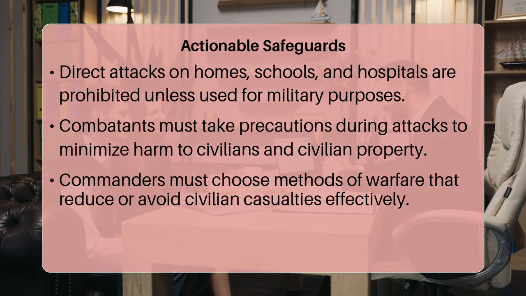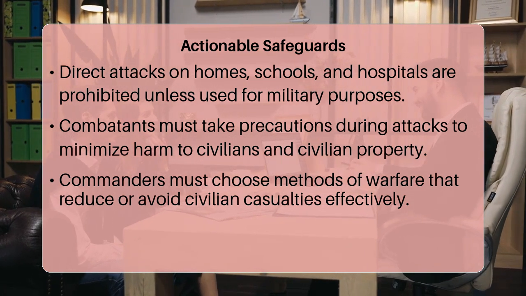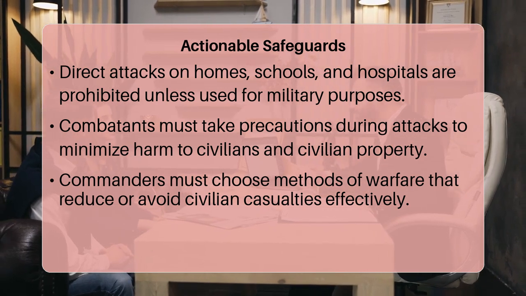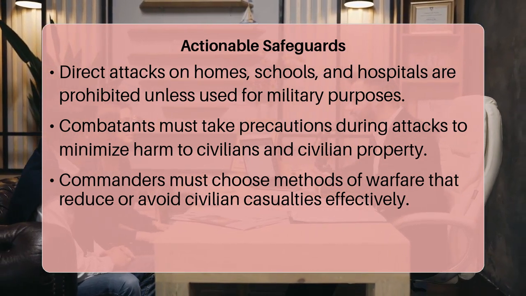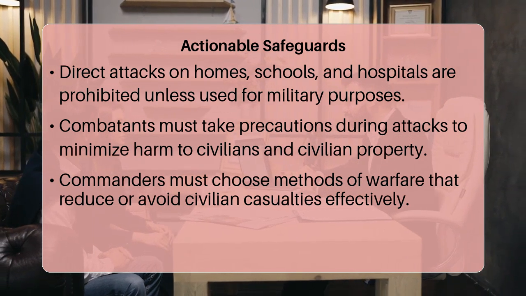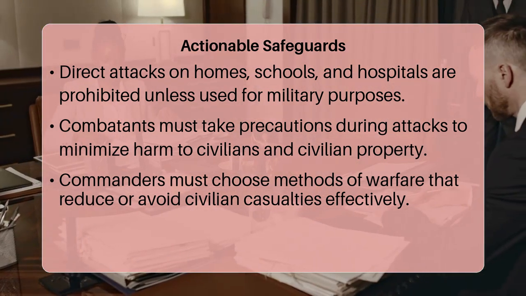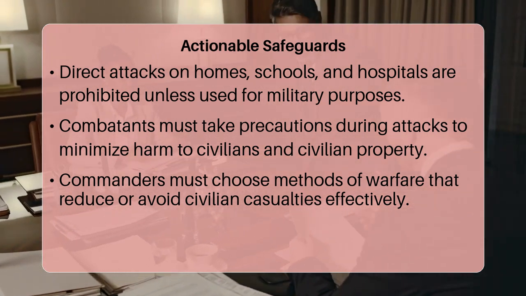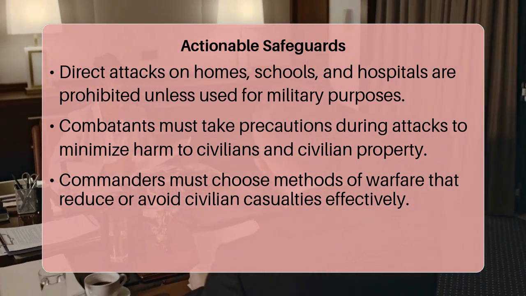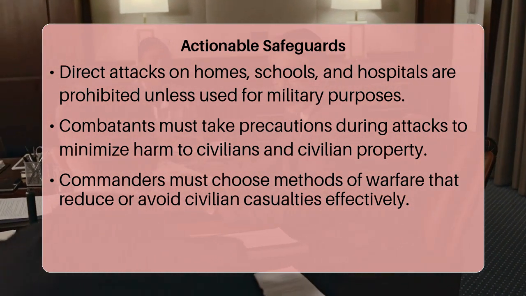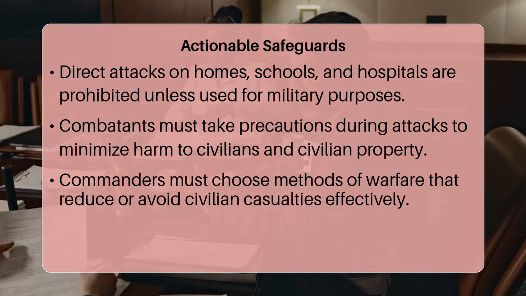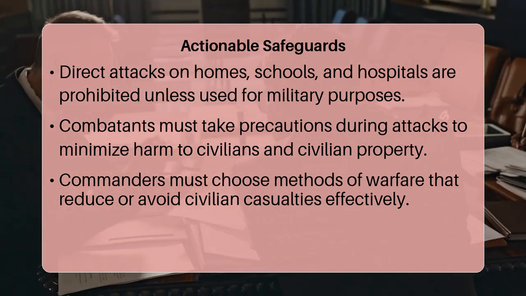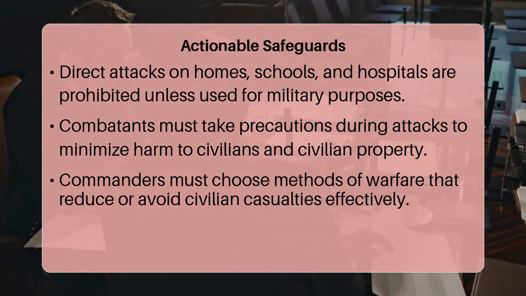For those involved in or observing armed conflicts, understanding these rules means recognizing that direct attacks against civilians are prohibited, and civilian infrastructure like homes, schools, and hospitals are generally protected unless they are being used for military purposes. It also means that precautions must be taken in attack to minimize incidental loss of civilian life, injury to civilians, and damage to civilian objects. Commanders and fighters are obliged to choose means and methods of warfare that avoid, or at least minimize, civilian casualties.